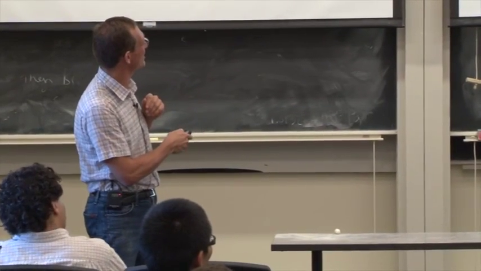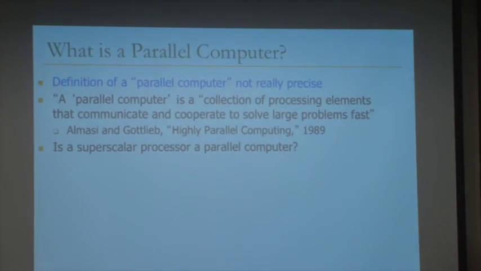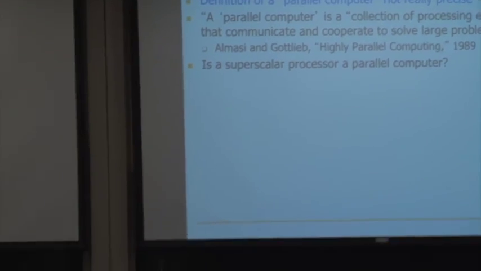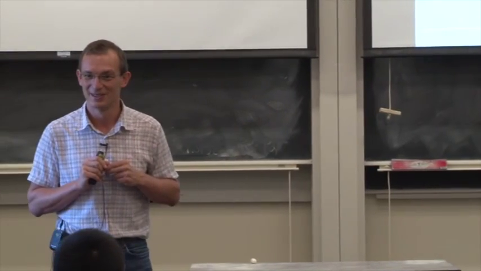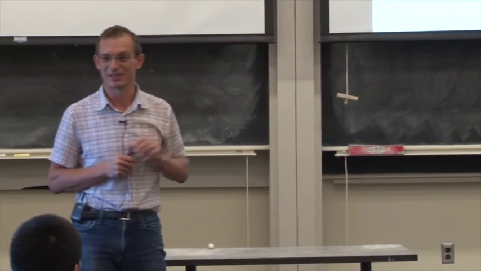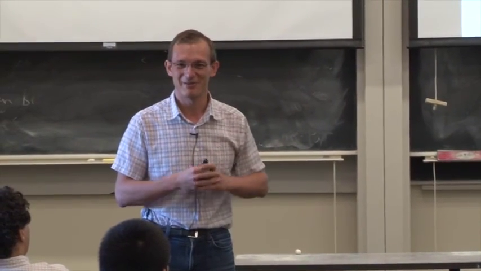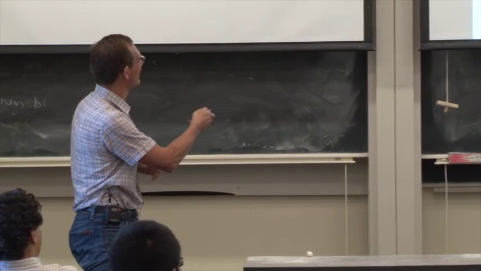And based on this, actually, a superscalar processor is a parallel computer, too. You know what a superscalar processor is, right? We've covered this in 447 and 740. Basically, a superscalar processor is a processor that can, in hardware, fetch, decode, execute and retire multiple instructions per cycle. A VLIW processor is also a parallel computer. So one could argue that pretty much every computer is a parallel computer today.